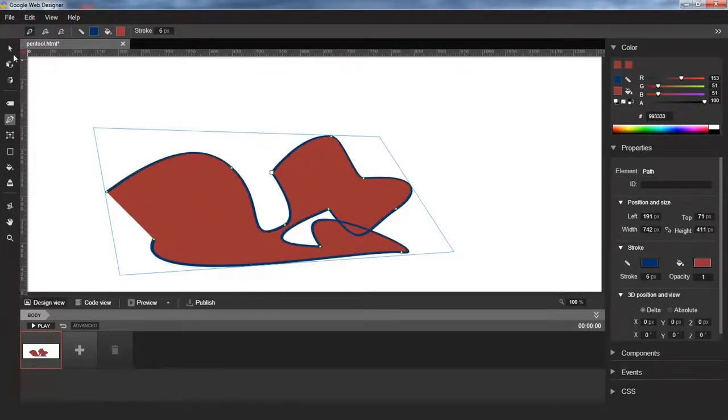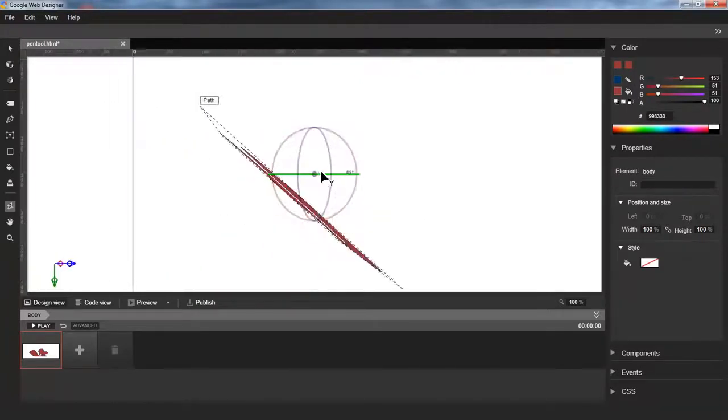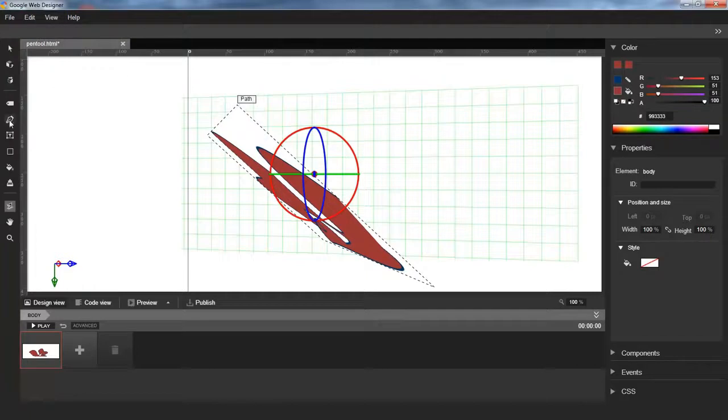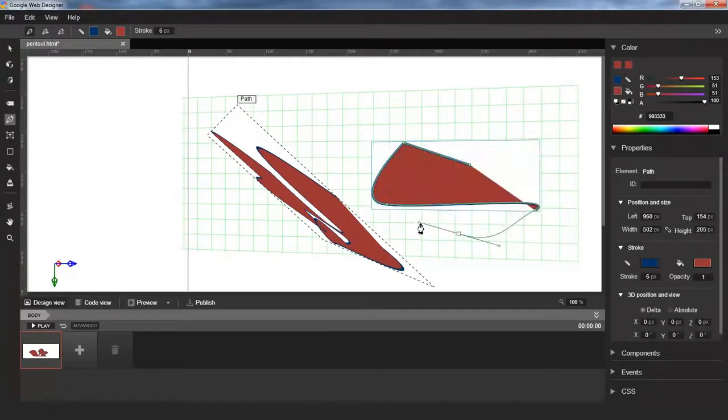We can also create a completely new path off the XY plane. So if I were to rotate this stage across the y-axis here, and let me turn on the grid. Now I can start a new path on a different plane. And of course, you can change the fill and stroke colors and the stroke width after the path has